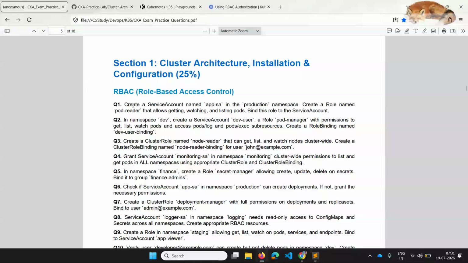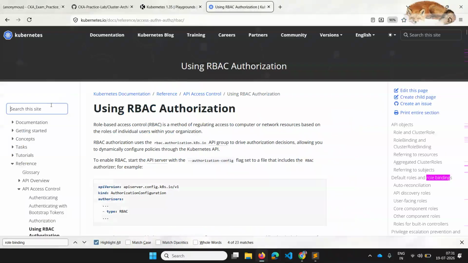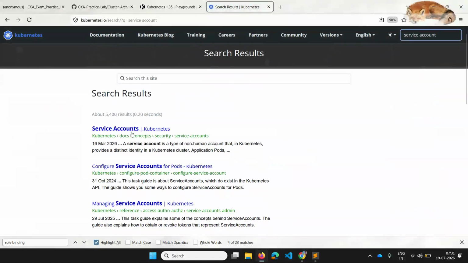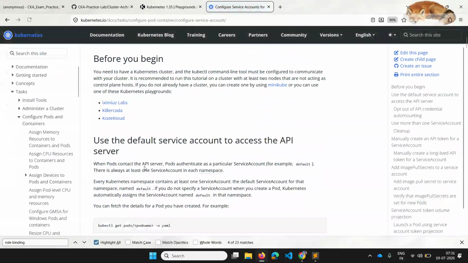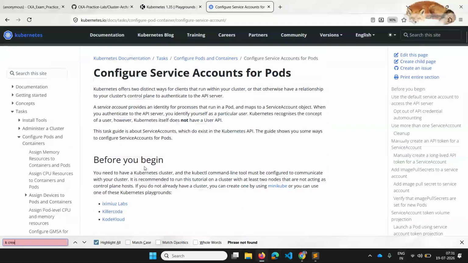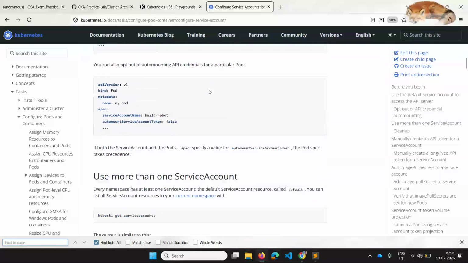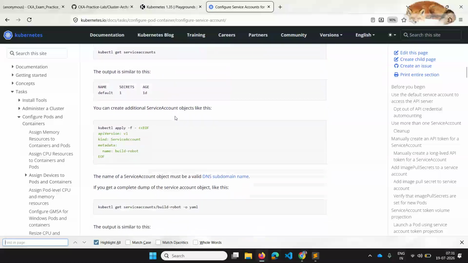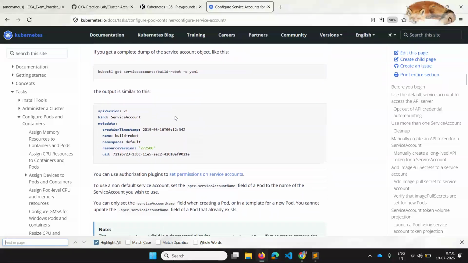Now, coming to question number one, it simply asks us to create a service account. You can either go to the Kubernetes documentation and search for service account, or create it using an imperative command, or you can always use a YAML file.